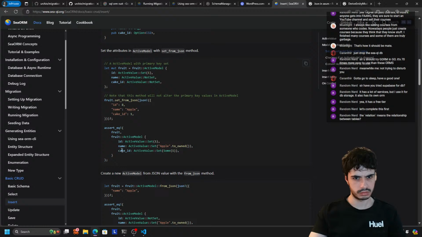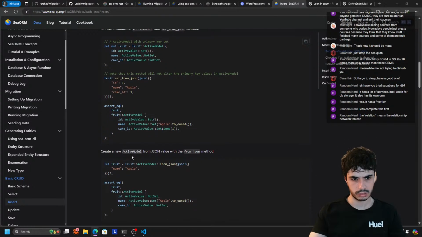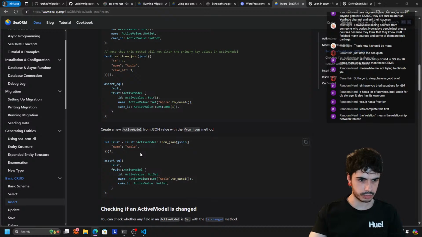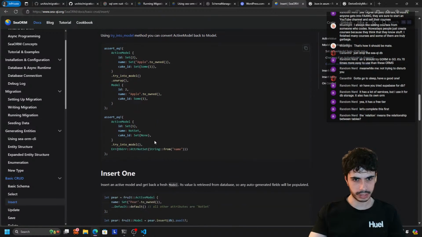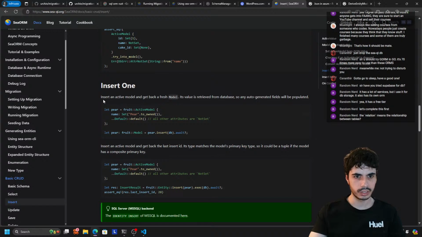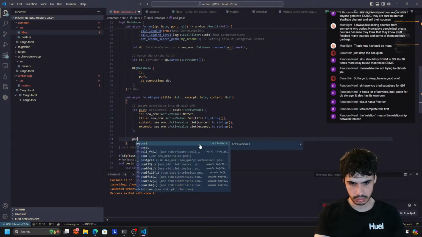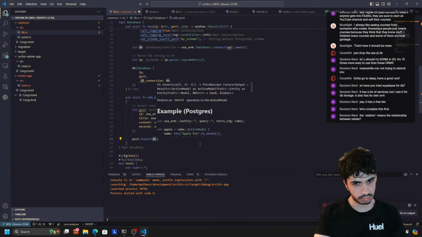And then we want to assert equals fruit active model. So create a new active. No, I just want to insert. How do I insert? Convert active model back to model. Insert one. Insert an active model and get back a fresh model. Pair fruit active model, set pair to owned. So we do dot insert. Okay, so post dot insert into the DB,